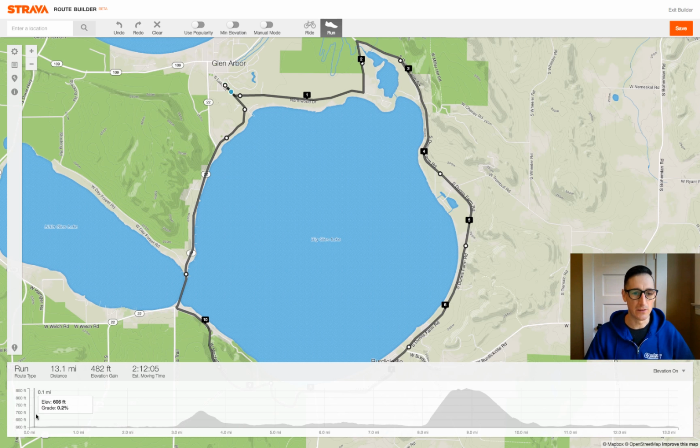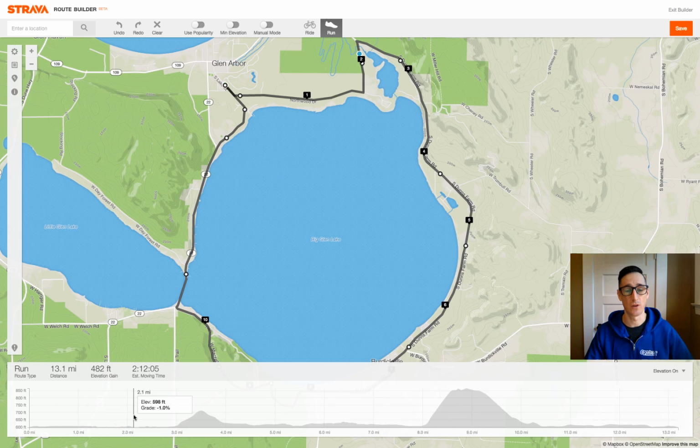So let's take a look and see where those hills are on the course. If you see right up here is where we're going to start and finish, and I'm going to follow along with the little scrubber here to show our elevation. Down here at the bottom of the screen, you'll see the elevation as we go. Right out of the start, we'll take a left onto Northwood Drive. And we'll take a left onto Fisher, and then here right about at mile 2.1 or so, right before you